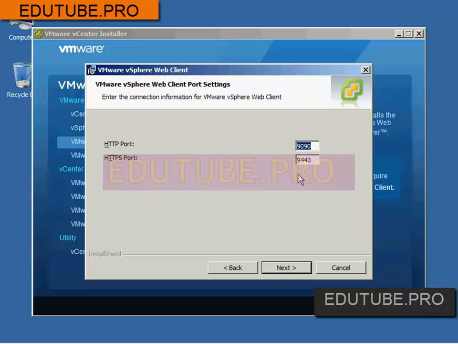The most important of which here is what your HTTP and HTTPS ports are going to be. Now, these 2 ports, as you'll notice, are not the typical HTTP and HTTPS ports, because those 2 ports are already being consumed by vCenter server. So we have to choose different ports here in order to support this web client. And you would not do yourself